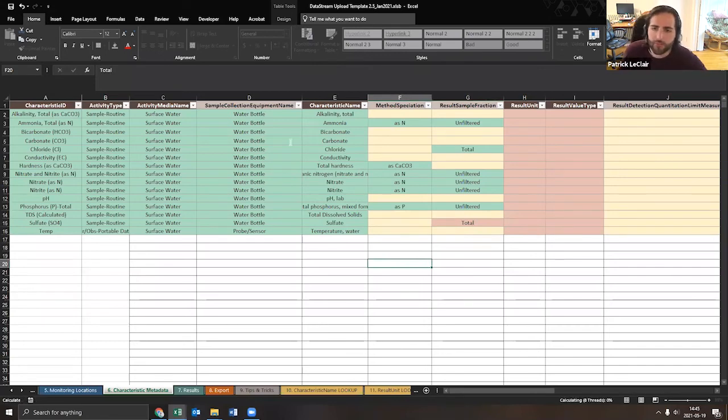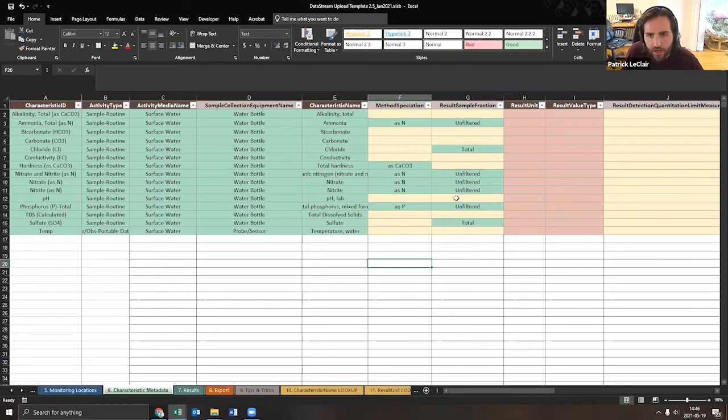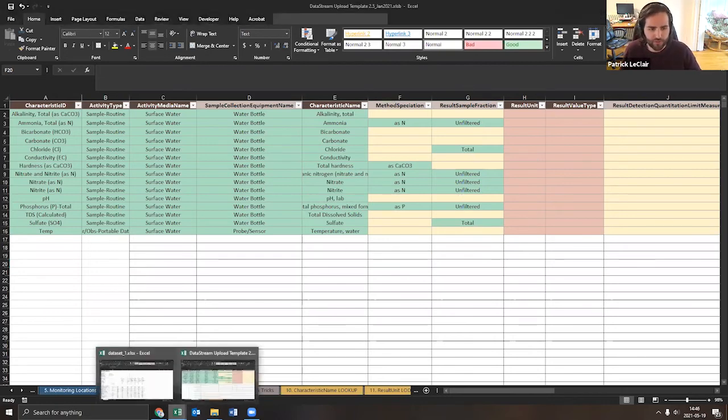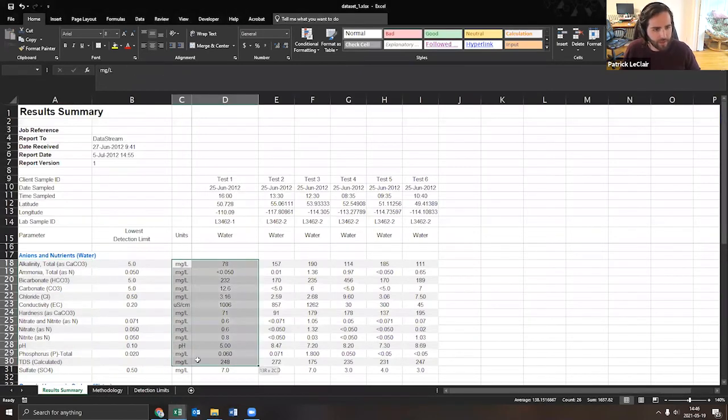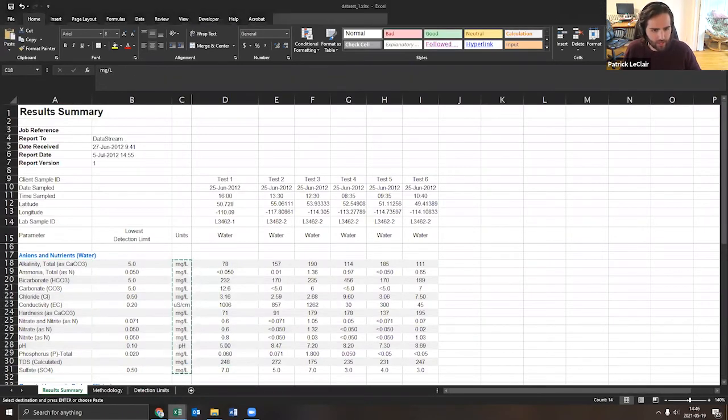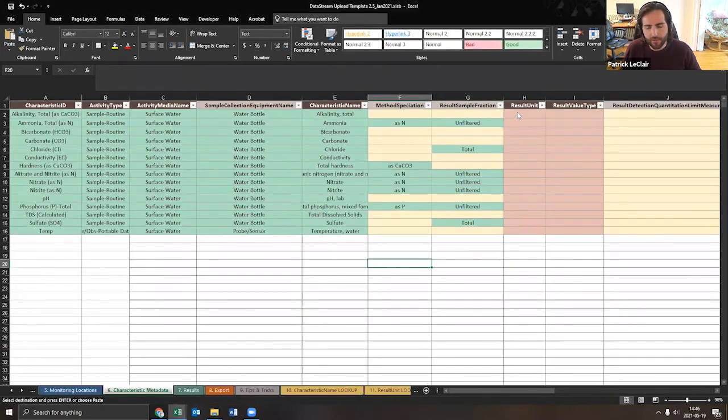Okay, awesome. So that took a few minutes, about 5 minutes here. It may take you a bit longer because you'll have to contact your labs, but that's one of the biggest pieces here. So once I've got that information, I'm just going to copy and paste in my units because they're given to me here from the lab. So if I just paste those units in,